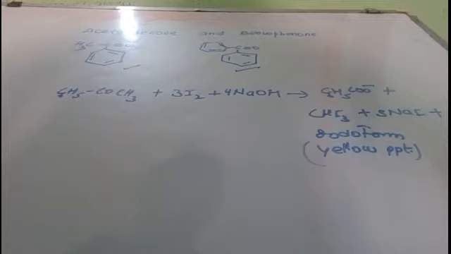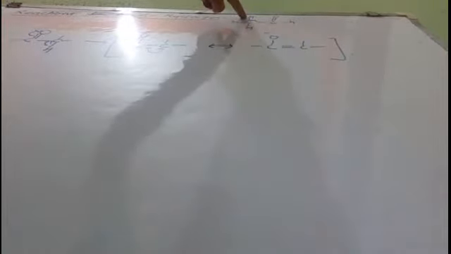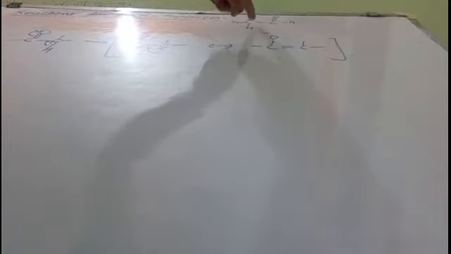Okay, now we will study the next reaction, that is the fourth type of reaction which is shown by aldehydes and ketones, that is, reaction due to alpha hydrogen. So students, we will study reactions due to alpha hydrogen. Now what is alpha hydrogen? The carbon which contains the functional group is known as the alpha carbon. So this carbon is the alpha carbon. Now the hydrogen which is attached to this alpha carbon is known as alpha hydrogen. So in this way, this carbon contains 3 alpha hydrogens.